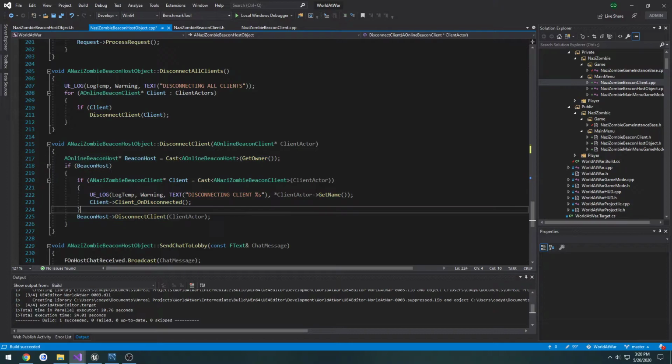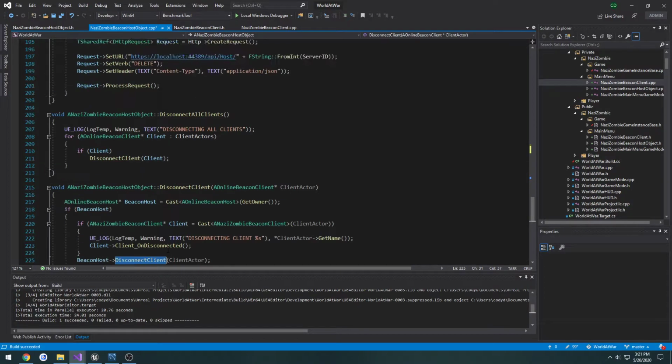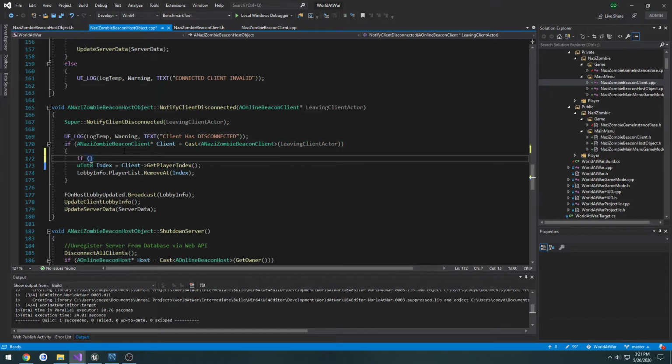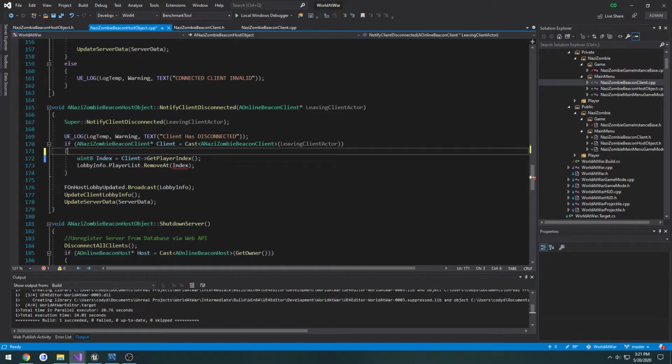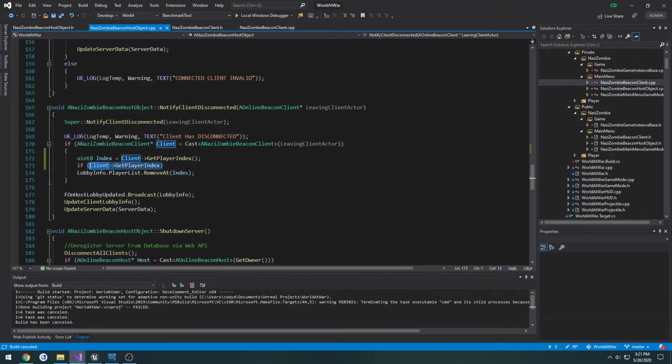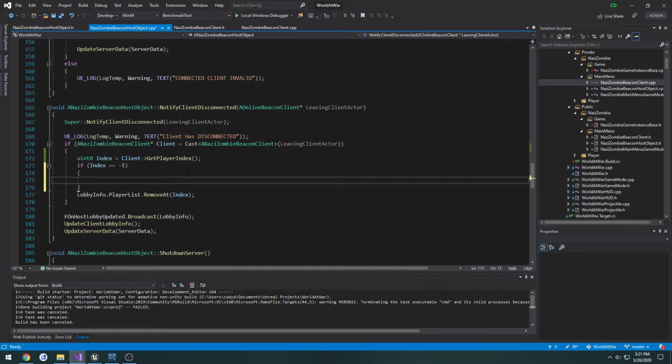This is going to run. It's going to disconnect the client. And once that happens, our notify client disconnect function runs. And this is where we need to do that check. So what we're going to do is, inside of this portion here, if client get player index, well, actually, let's do this right below it. Oops, did not mean to build. So if index equals -1, what we're going to do is literally just